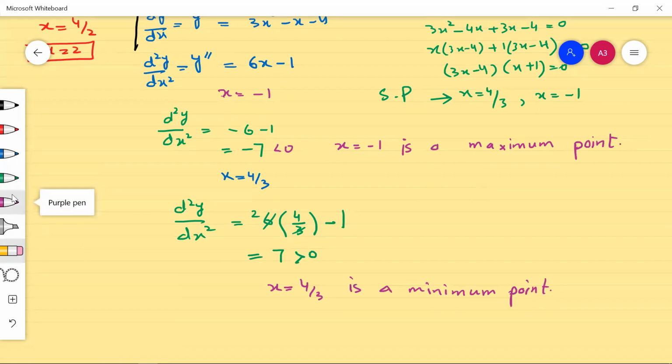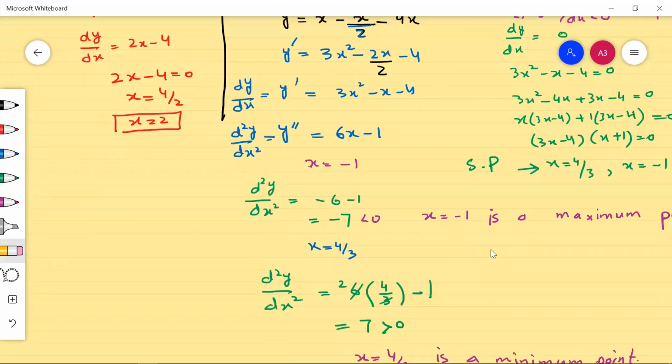I say again, the second derivative test is just: first find the stationary points by putting the first derivative equal to 0. Then put those stationary points into the double derivative, and you can find the nature of the stationary point easily. If the double derivative is less than 0, then the point is a maximum. If it is greater than 0, then the point is a minimum. But there are some questions where the double derivative fails. So for that purpose, we use the first derivative test. So now we are going to discuss the first derivative test.